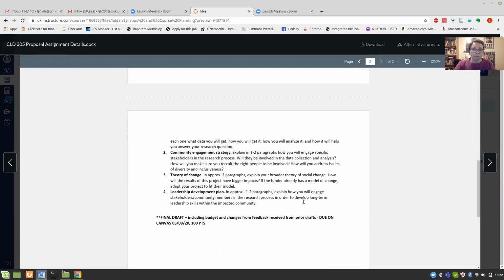Okay, so the next piece of this is going to be your community engagement strategy. What do I mean by that? What I'm really asking you for here is to think about how you're going to make sure that whatever method you use is going to be accessible to people, and how you are going to make this research inclusive and not just a matter of,